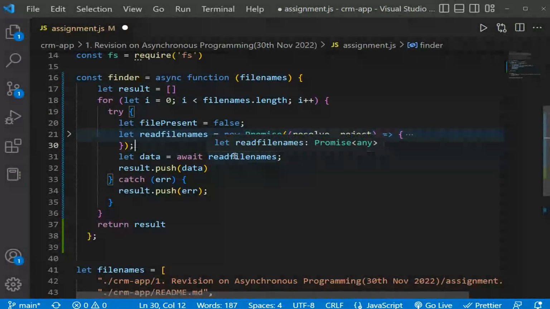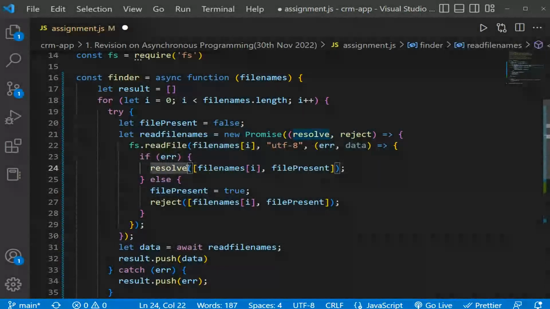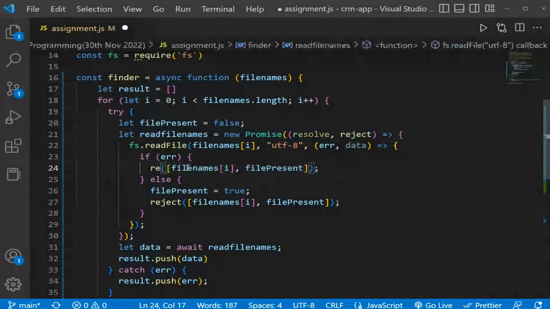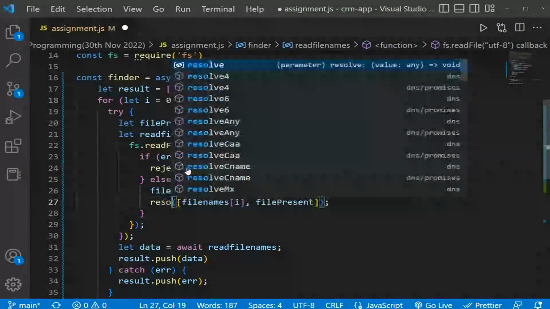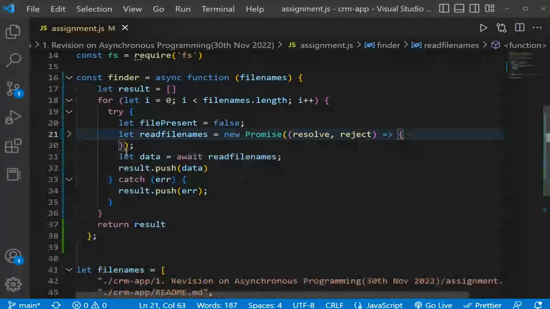The error that was happening was in the if; it will be reject. In if it will be, oh yeah, it will be reject here. In else it will be resolve. That is correct, Nilanjan. Thank you for pointing that out. Now once I have that, I wait on the data, and if I get the data, I push it into the result. If I get the error, which is the reject function, it will come here and still push it into the result.